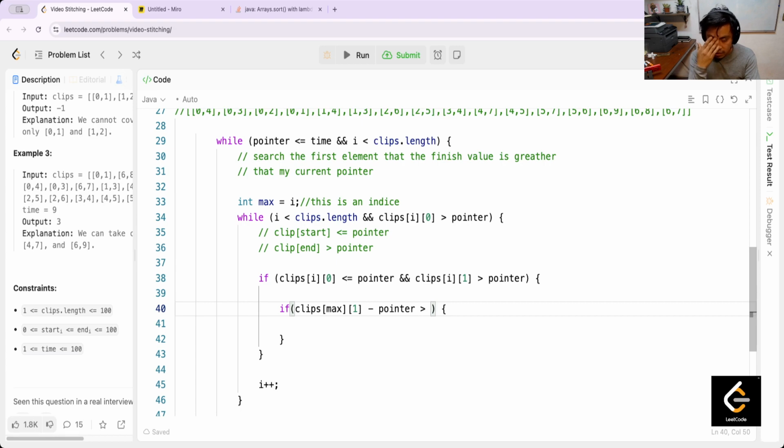I am asking how many elements I am affecting if I use this clip. If this is greater than that, sorry, is this, if it's greater, that means the current clip is much better for us. Yeah, max is equal